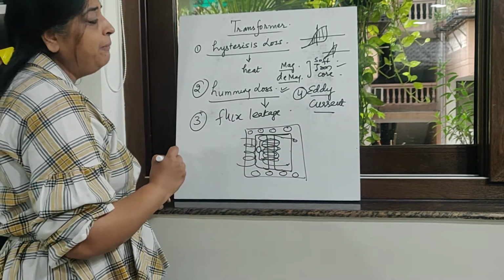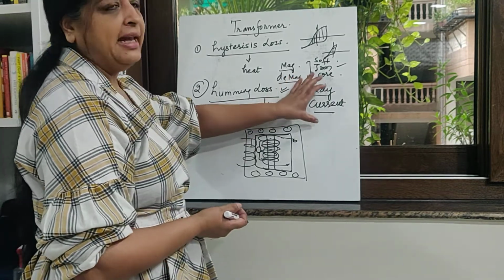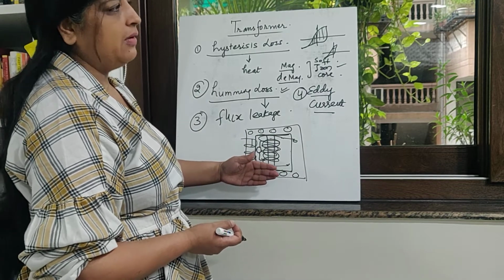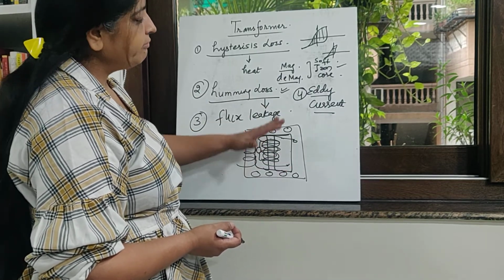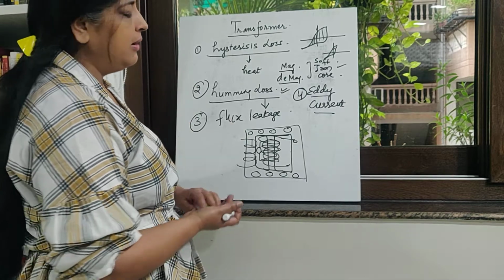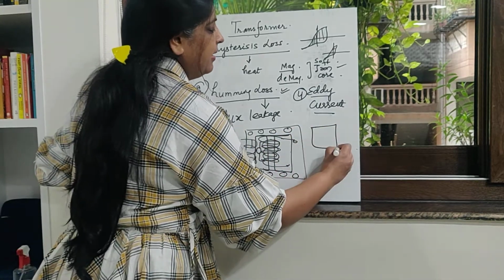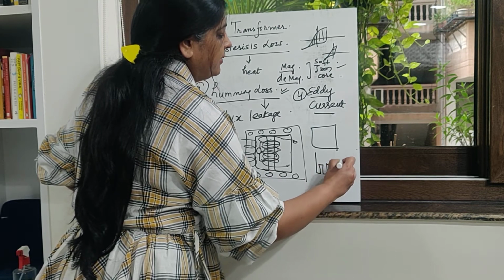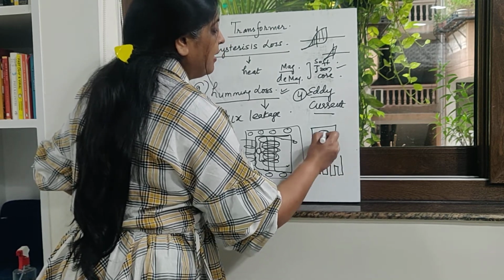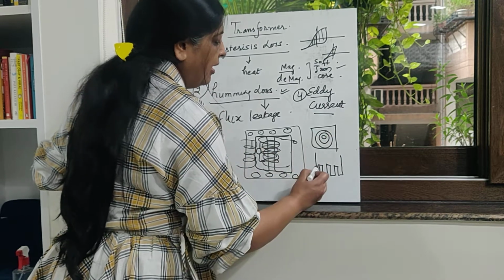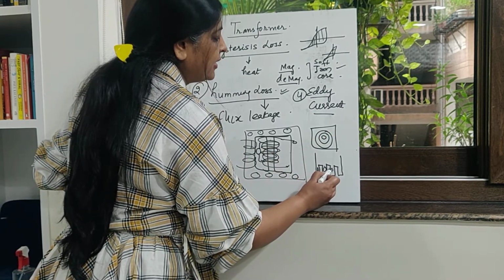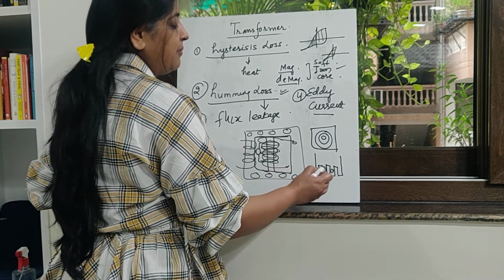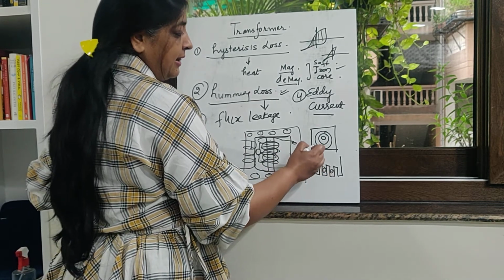Now we have already done how to reduce the eddy currents. If you reduce the surface area of the iron core, the eddy currents will reduce. If this is a plate, and if you make a plate like this, we have done this earlier. Earlier this was the amount of eddy currents that was produced in it. Now eddy currents will be produced in these small portions, right? So we can reduce the eddy currents by making slits in this.